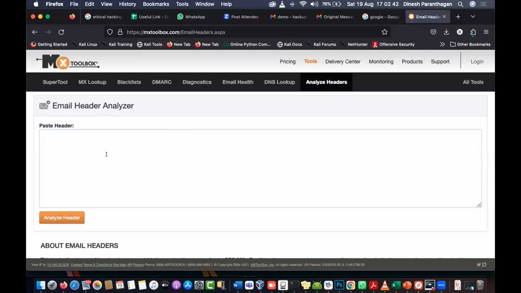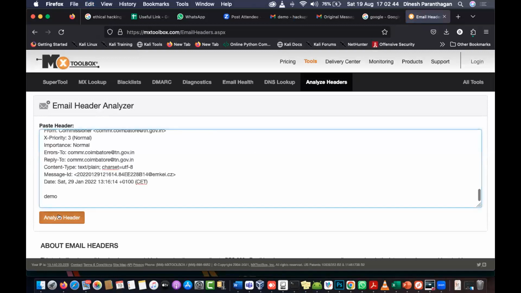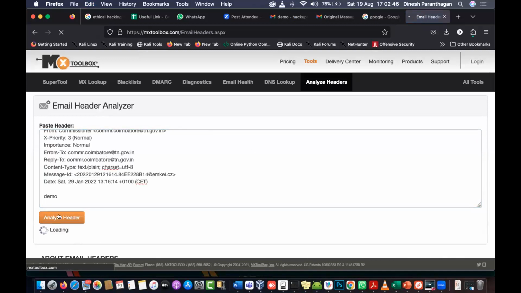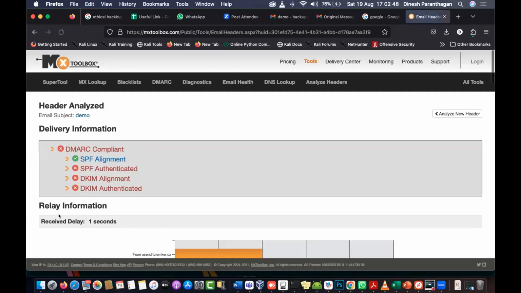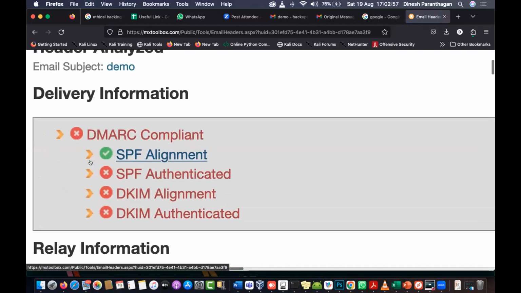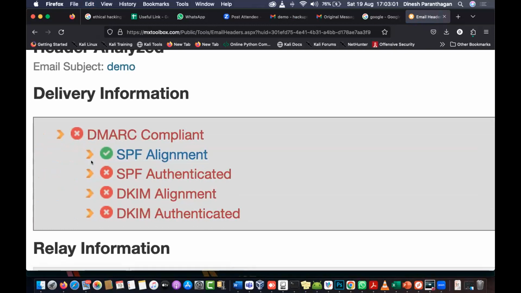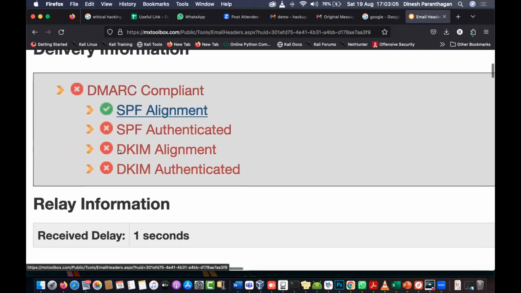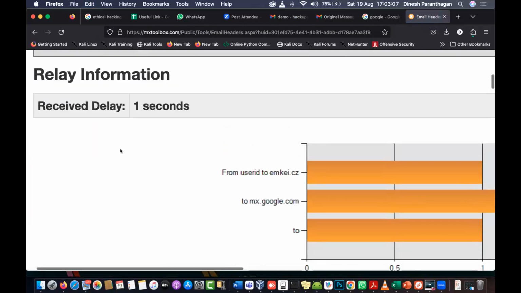This is not actually an investigation. I'll explain how the police investigate. This is something we need to know before replying or giving our credentials to any mail. Here we can see only the alignment is properly aligned, as in a commissioner's mail or a company mail. But other than that, there is no authentication, there is no DMARC. So there are two technical things.